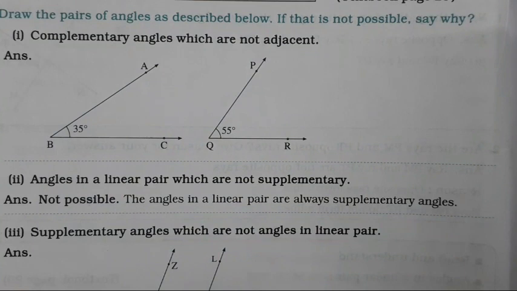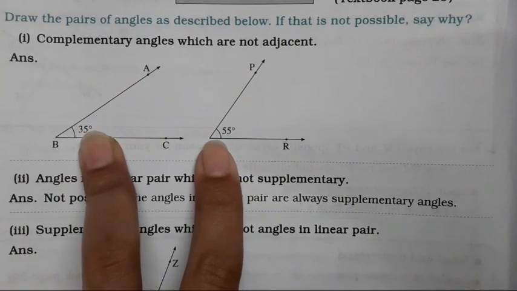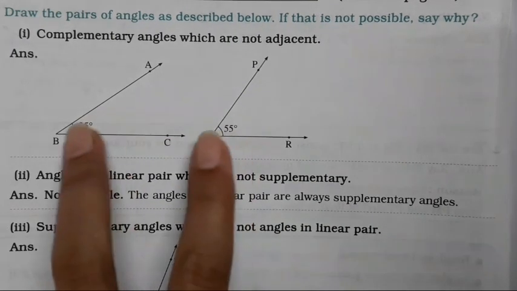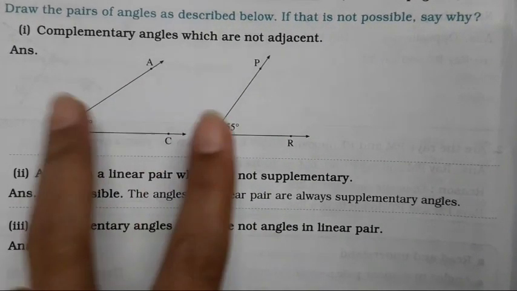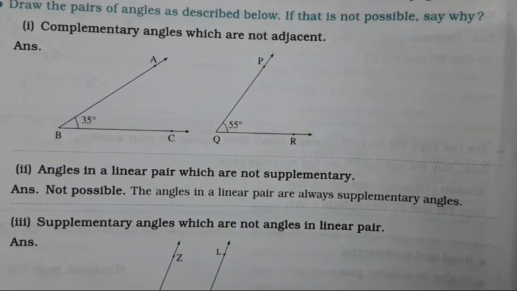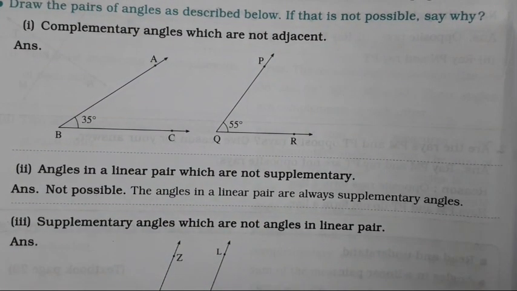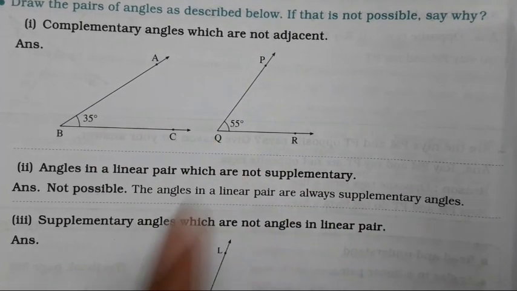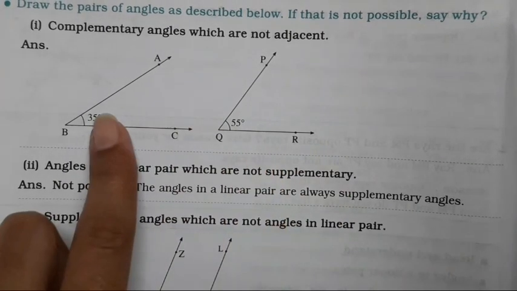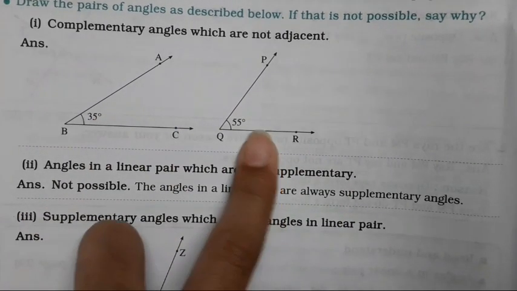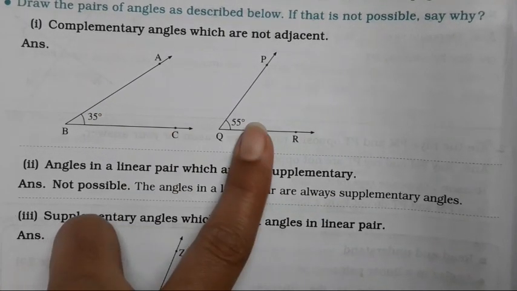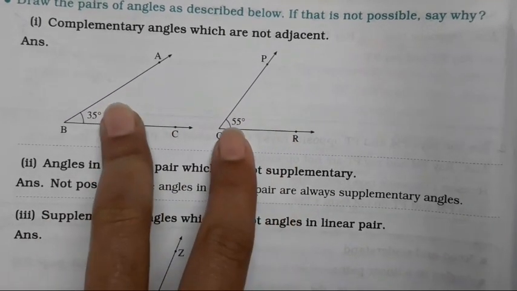Alright, now it should be a complementary angle, मतलब दोनों का total होना चाहिए how much? 90 degrees. Okay, दोनों को मिला के like 55 and 35 together they are going to make a complementary angle which is going to be 90 degrees. Okay, this is why I am not solving, because everyone is going to make a different angle. You all can even make an angle of 60 degrees, 30 degrees, 70 degrees, 20 degrees. Okay, or 50 degrees, 40 degrees. Got it? So that is why I am not solving it.